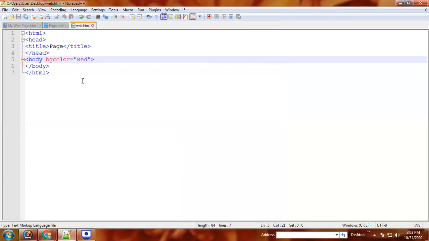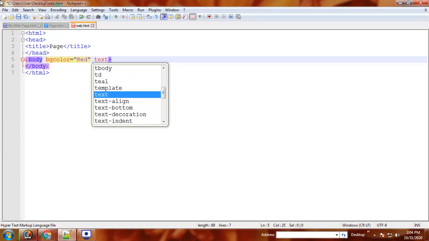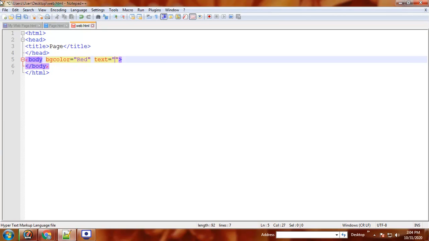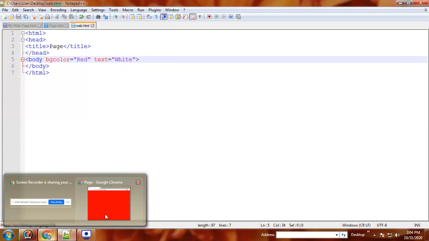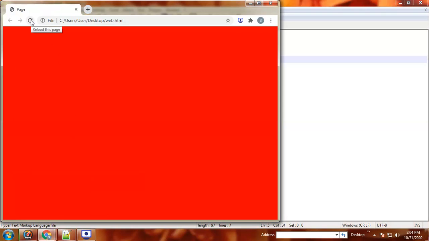Again, if you want to give the color of the text, by default the color of the text is black, and if you want to give another color, then text equal to, in double quotes, for example white. Save, then refresh.